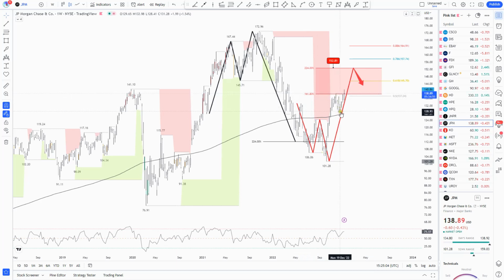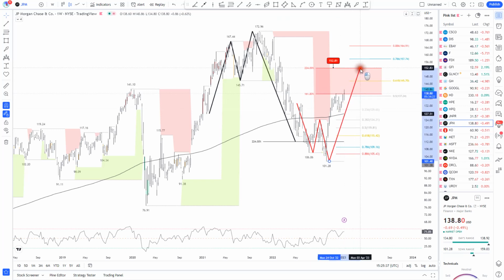As you can see, a small pullback, very shy and not enough as expected for the shark pattern printed at the golden Fib. So at this point we expected something like the 50% Fibonacci retracement to 119. As you can see, the price finds support at the very first Fibonacci retracement level, 129.65, the 23.6% Fibonacci retracement level finds support there, and we have a new higher high.